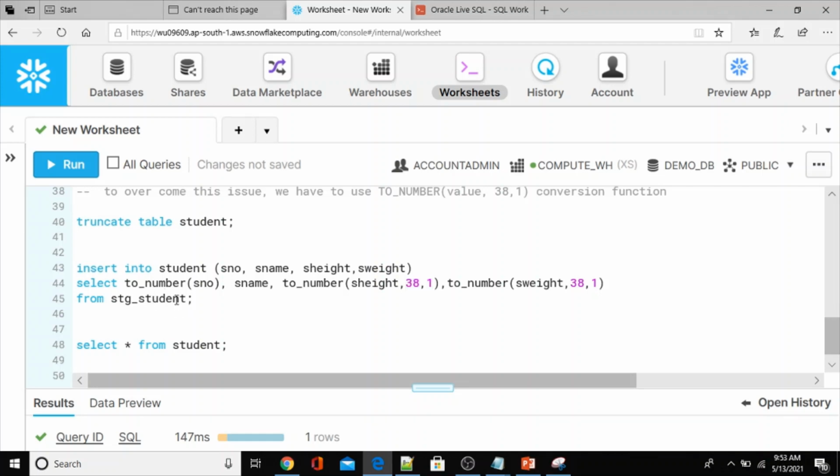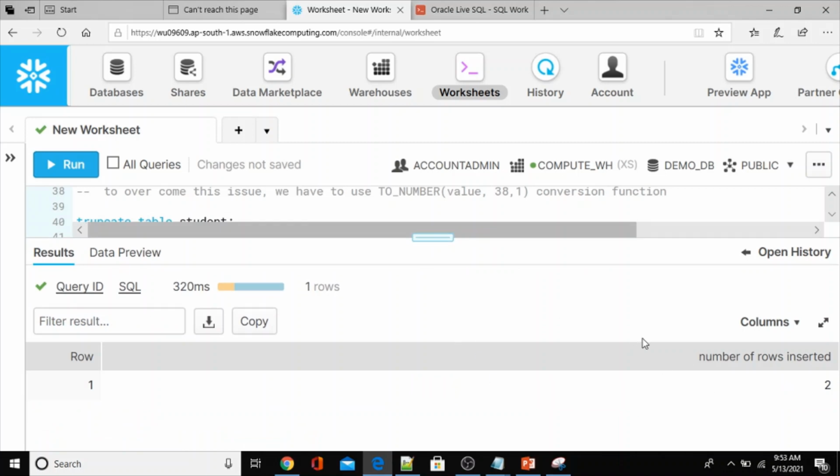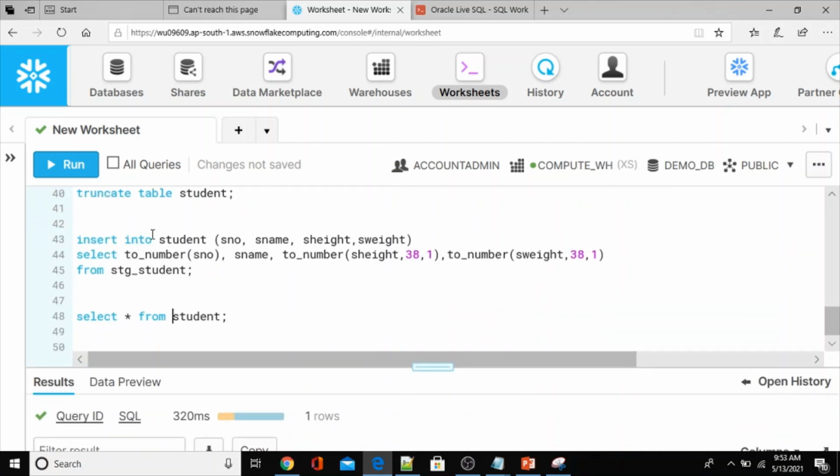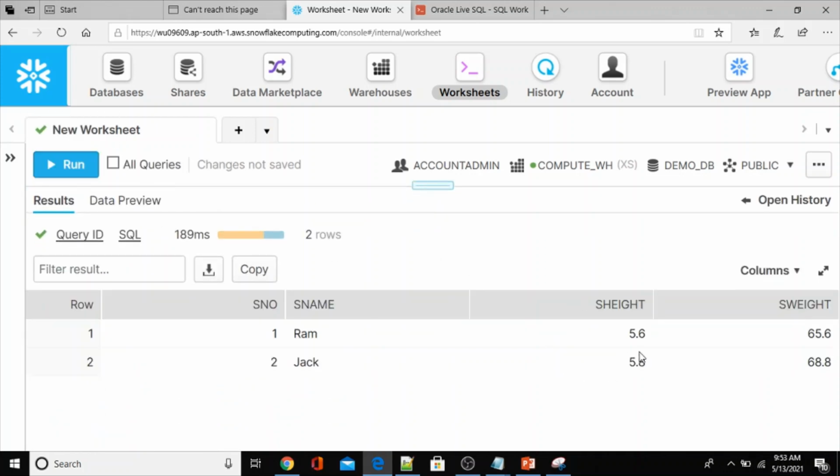Now let me insert the data. I've inserted the data, number of rows inserted 2. Now we'll see the data from the student main table. This is the expected output. We have got the expected output: 5.6, 5.8, with decimals, with scale and precision.